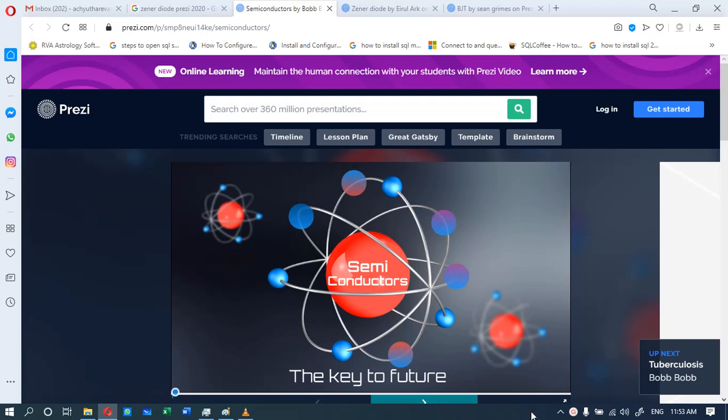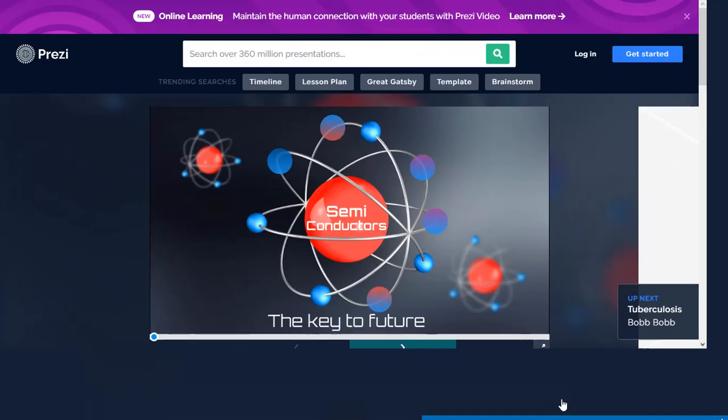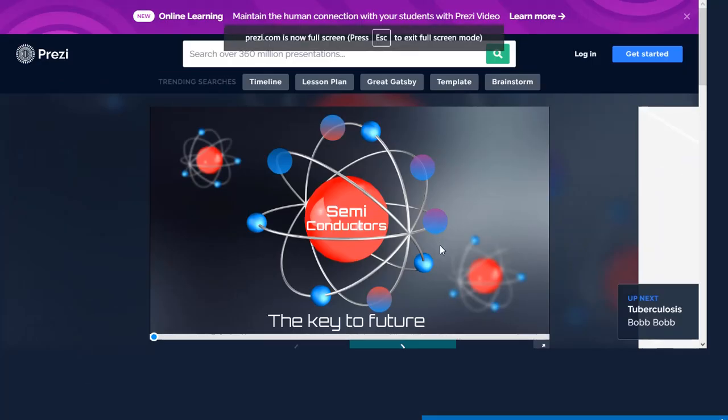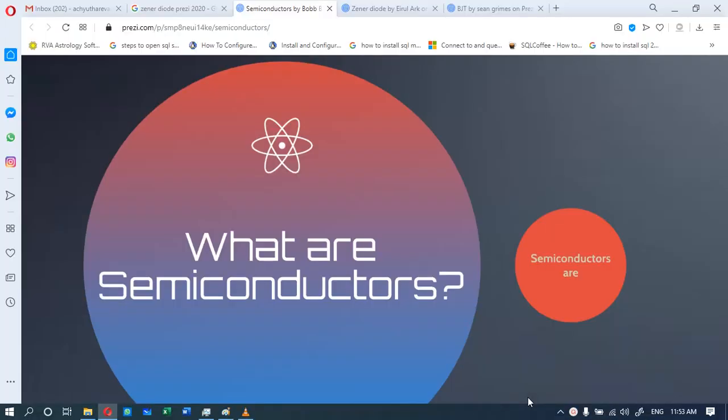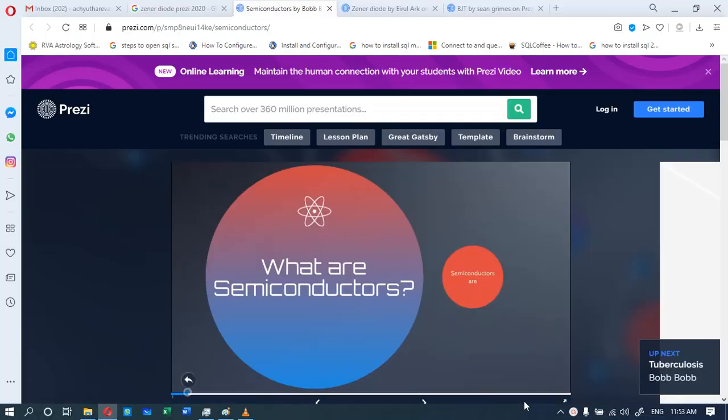So today let us recap the general properties of semiconductors, followed by the Zener diode, and then followed by the BJT. What is a BJT? And what are the general properties of a BJT? So semiconductors. Anyway, what is a semiconductor? Whose conductivity always lies between the conductor and insulator, we just call it a semiconductor. So the semiconductor has the conduction property somewhere in between the conductors and insulators.